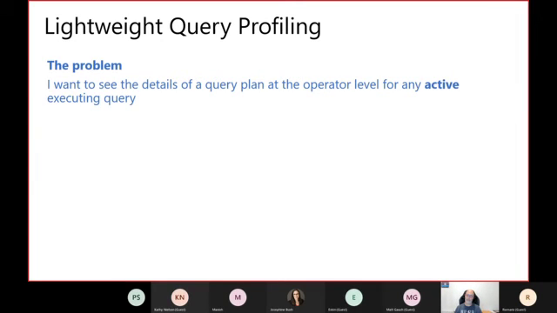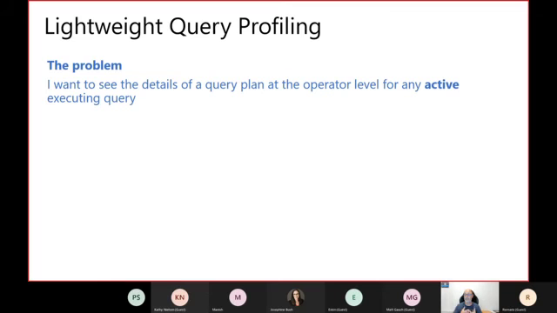Then another beauty, something that is extremely useful, is this new feature coming in SQL Server 2019 called lightweight query profiling. What is this lightweight query profiling? So when you're running this famous report of my initial example, right? And you get the phone call, your manager can ask you at which part of the execution the report is: at the beginning, in the middle of the execution, or about to finish.